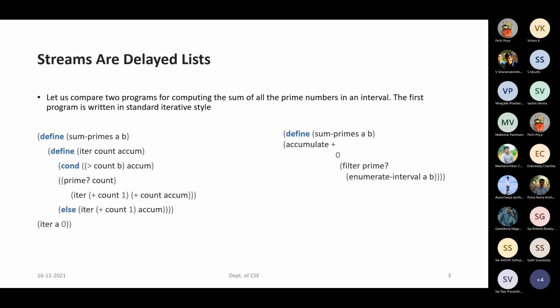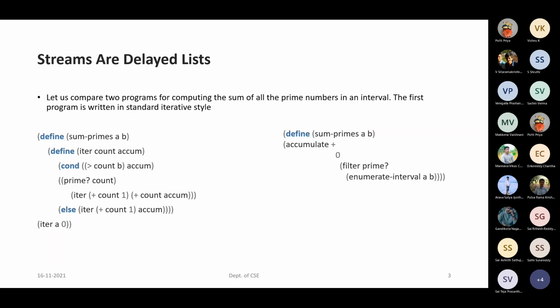So now, since our space complexity was huge, if we want some delay to be applied, then we don't have to generate all the values. Say for example, in this case, the sum of prime numbers within the given range. Maybe after some values, you may not find prime numbers at all, right? So after some values, we can apply some sort of delay. So how can we do it?